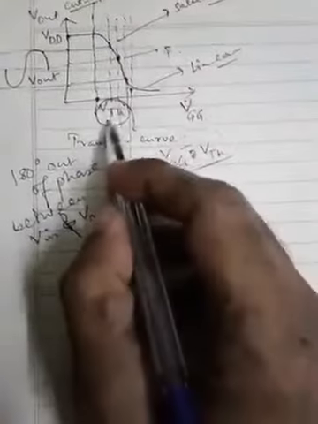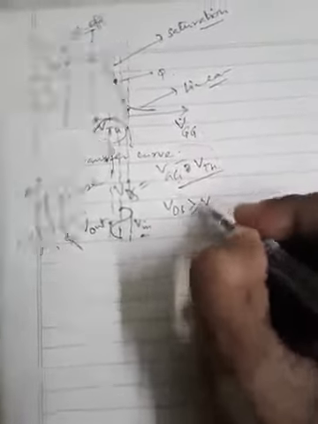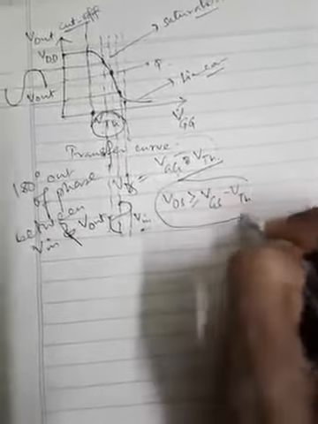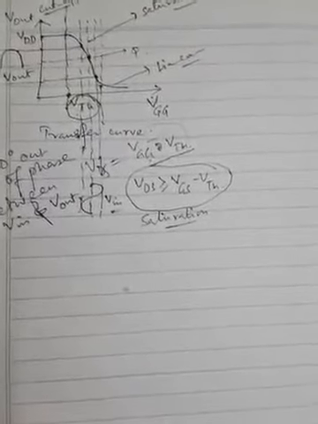If we now add all these things, and consider this VTH, we know for the saturation mode of operation VDS must be greater than VGS minus VTH. So this is required for saturation mode. That means to get the DC analysis in proper form. Now if we apply the small signal on this particular circuit, how the time variation of the signal will look like.